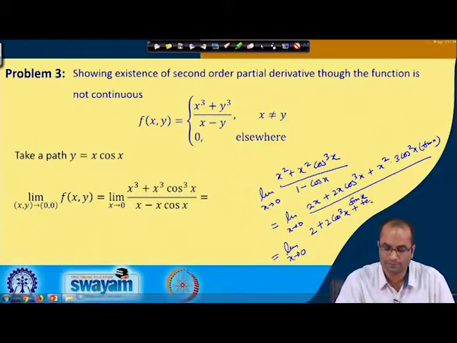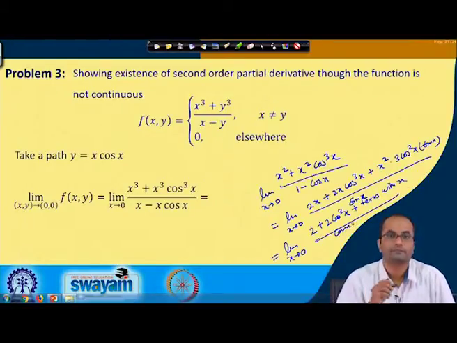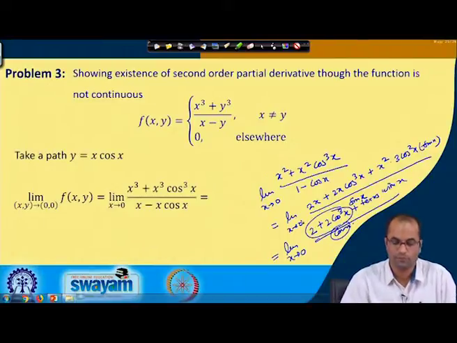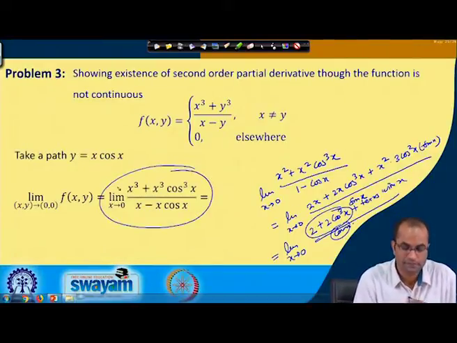So, terms with x, and then we have here cos x. So, in this case now if we take the limit, this is 1 and here 2 plus 2, so it will become 4. So, this limit is 4,